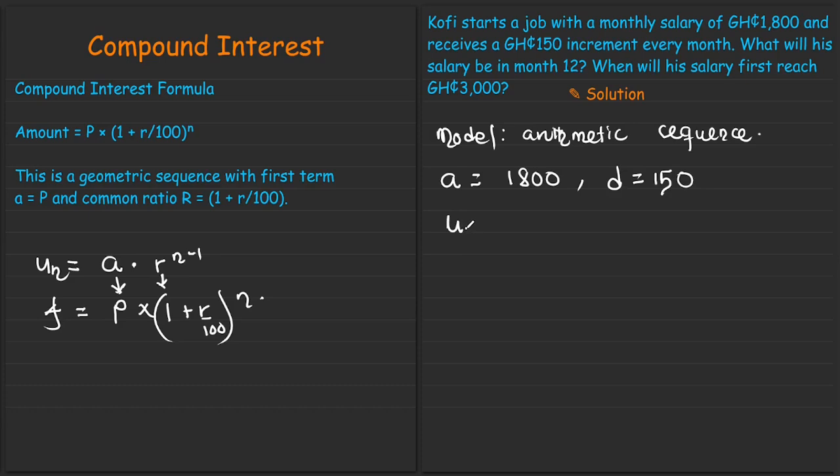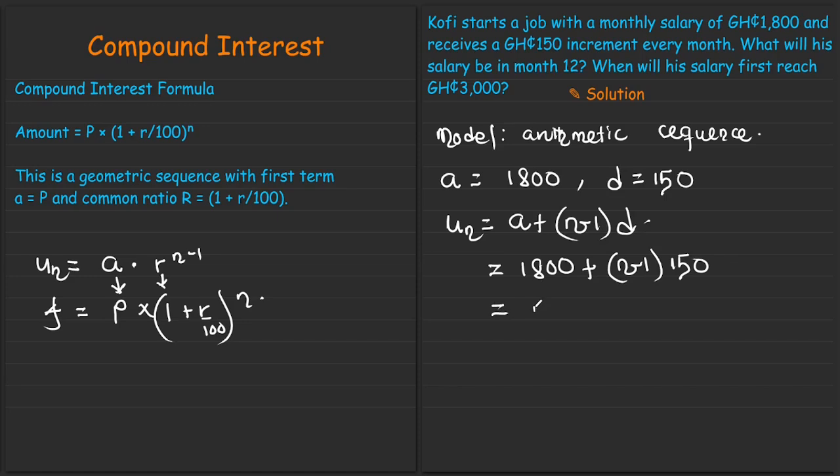Hence, our model becomes, the general formula is what? A plus (n minus 1) d. Substituting, we have 1,800 plus (n minus 1), then times our common difference, which is 150. We want to simplify this further. Upon simplification, we have 1,800 plus 150 times n, that gives us 150n, and then minus